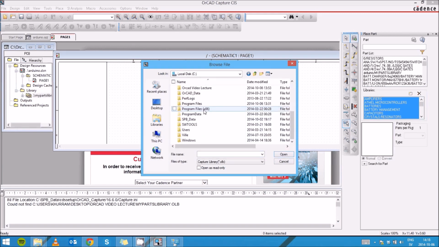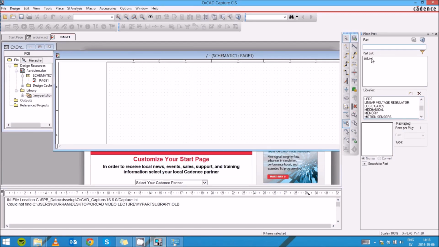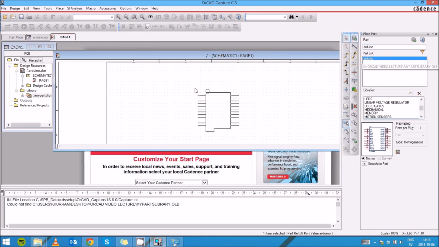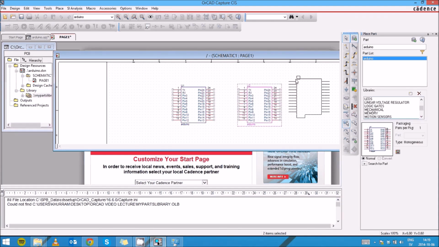First you have to locate where that is, my parts library. And you can see the Arduino here. Double click and it should appear on the schematic page, and I will place it twice just to